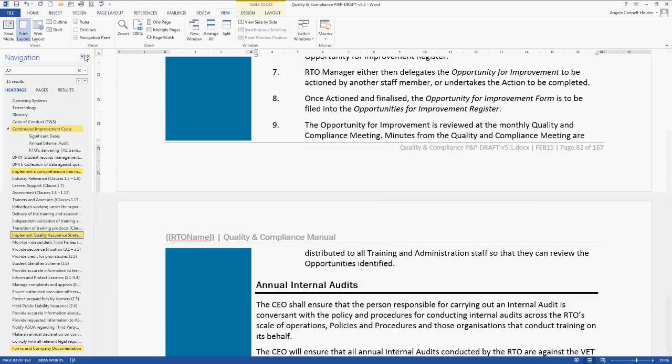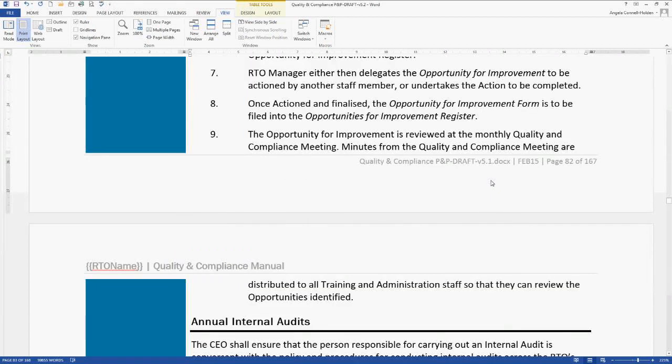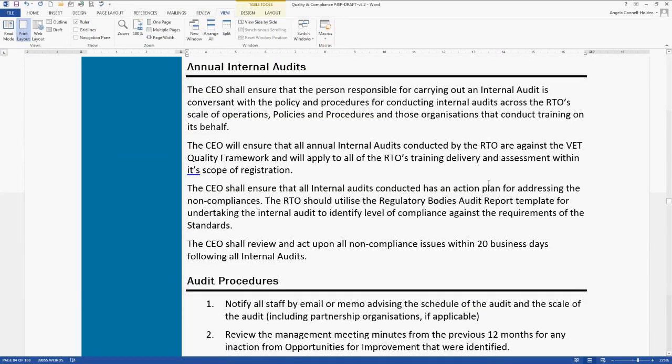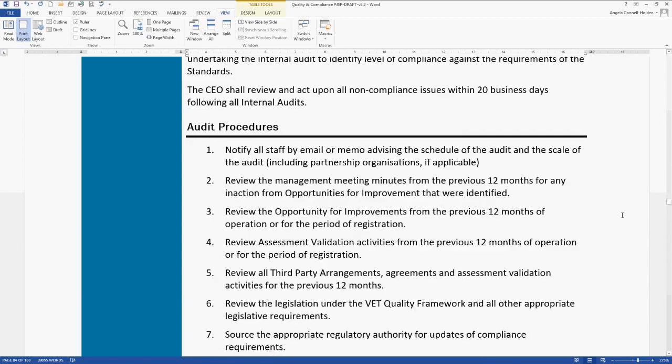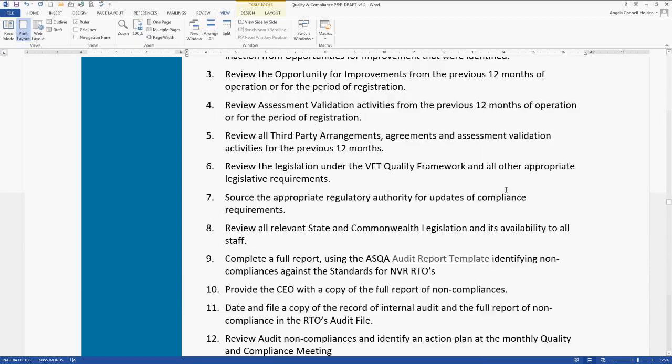The other thing you need to do in order to manage your continuous improvement is holding those annual internal audits. So for the annual internal audit you either do an audit yourself, and what we recommend in the policy and procedure is that you use the audit report form that ASQA provides.